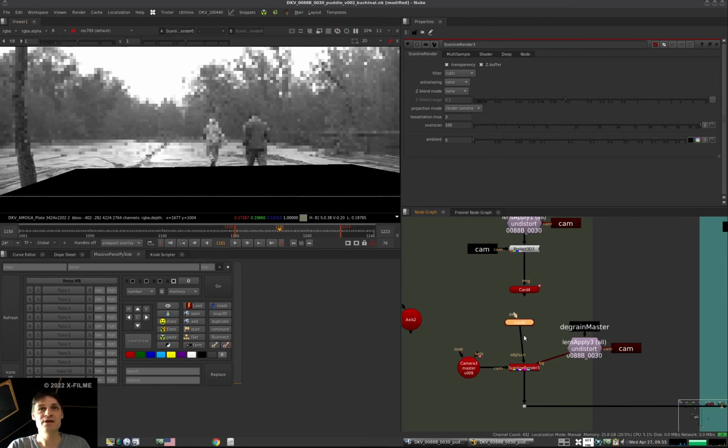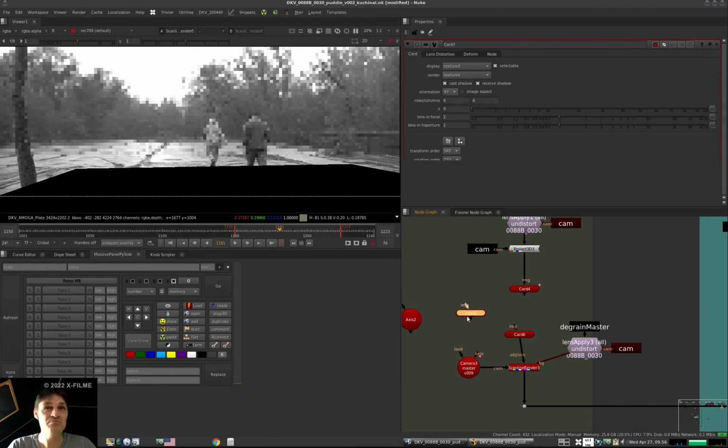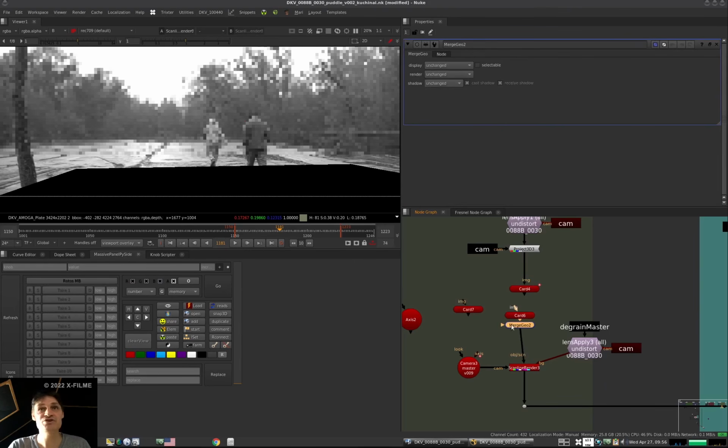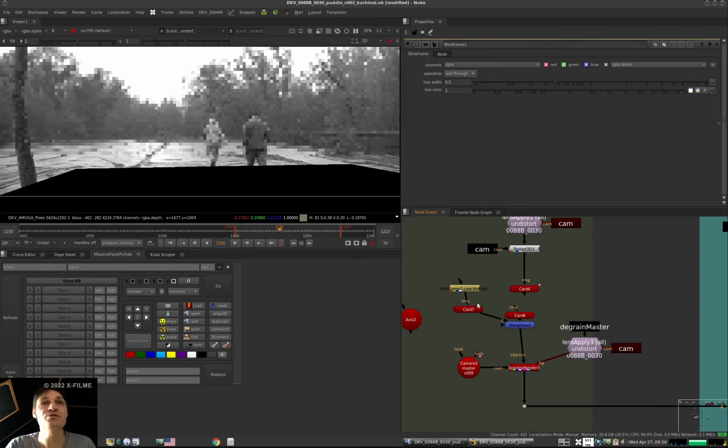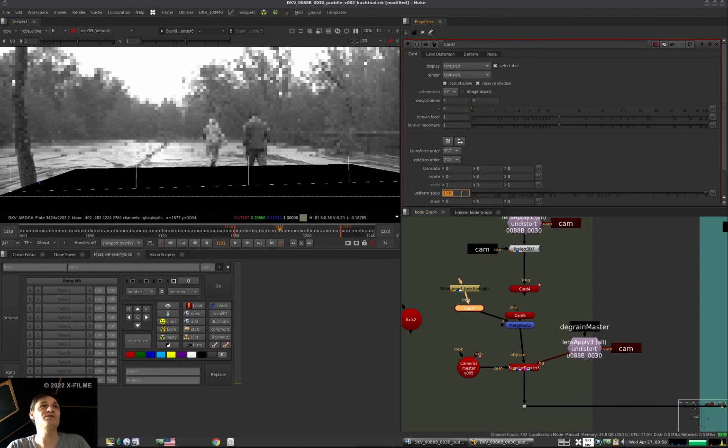Okay, now let's add another card, which I'm going to merge, and I will say wireframe, and that's super easy. You will see, and I don't even need half an hour for that. Now this card will stay as it is. I will make it bigger. I will make it less bigger. But now,